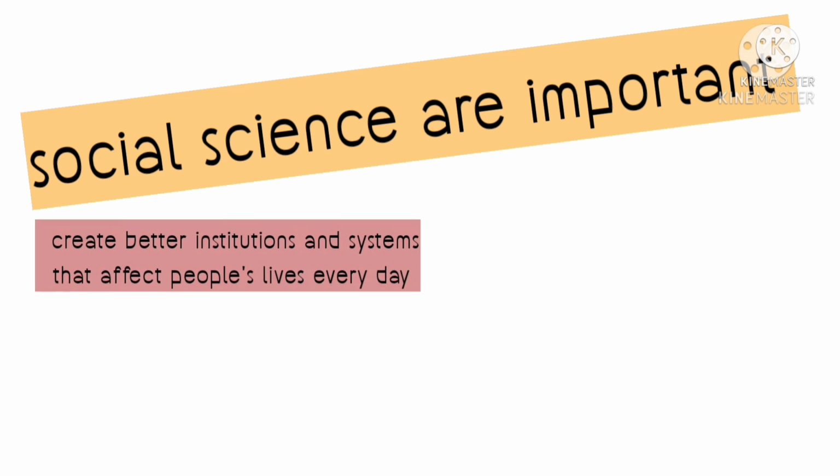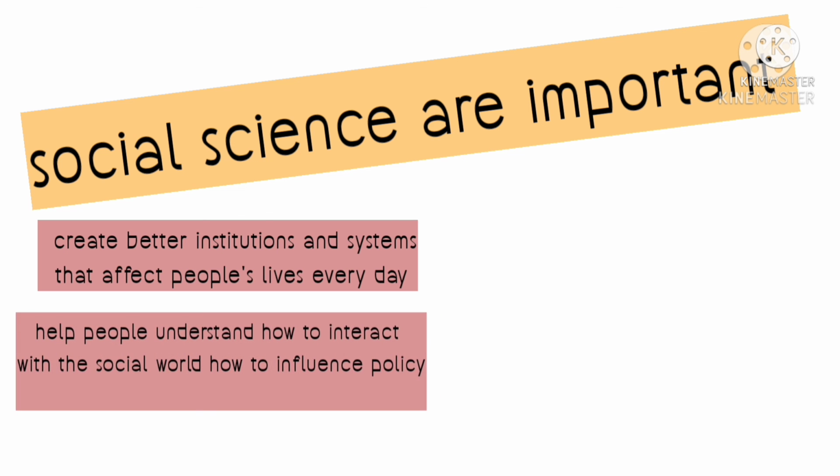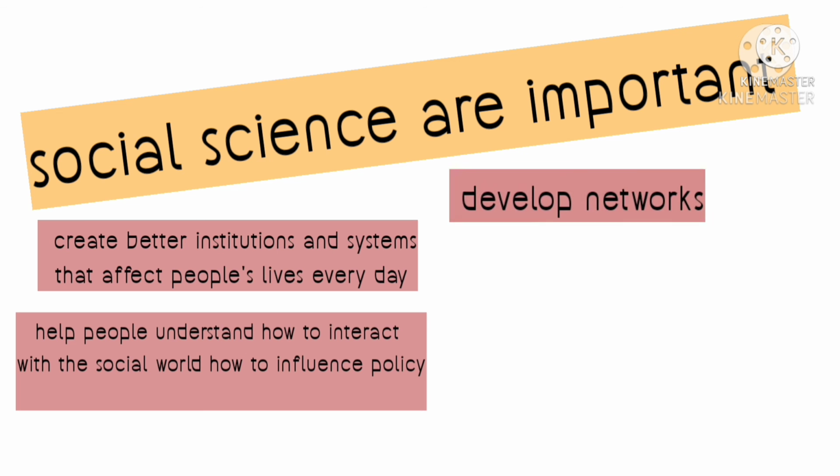The social sciences are important because they create better institutions and systems that affect people's lives every day. Thus, social sciences help people understand how to interact with the social world, how to influence policy, develop networks,